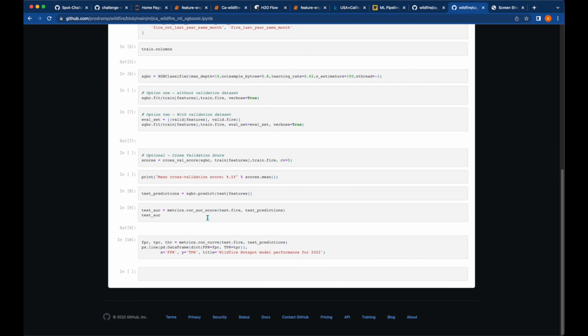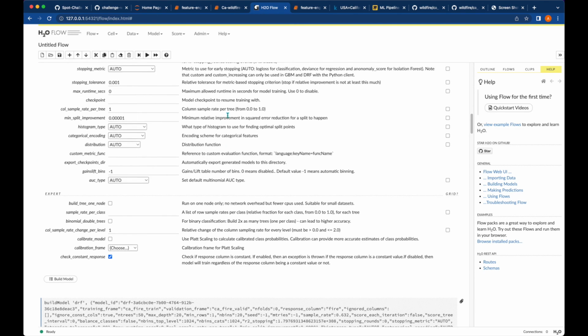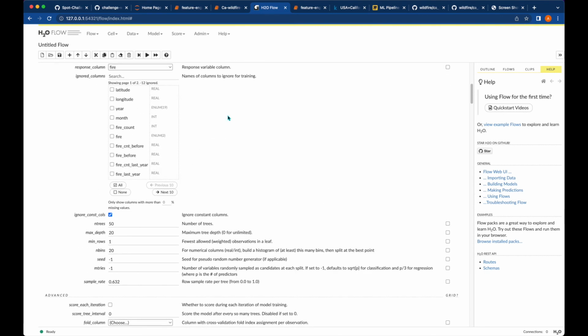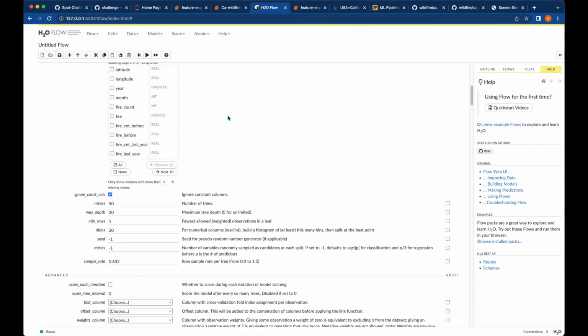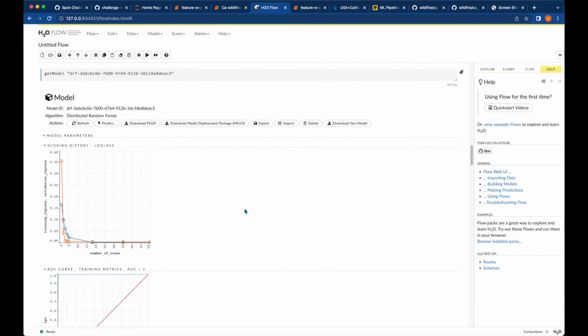After LightGBM and xgboost, we have also looked into the H2O.ai open source platform, and we used various algorithms such as gradient boosting, and we also tried the distributed random forest. And after these two, we have also tried the H2O.ai AutoML. So a variety of libraries and a variety of boosting algorithms we have used to build the machine learning model for our California wildfire data. Now, anyone who is watching this tutorial can extend this project to whatever length they want, because